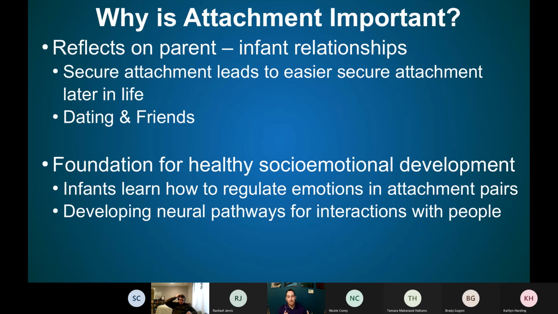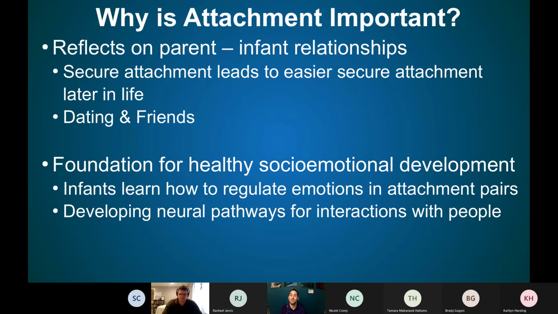So with that, the attachment that people have in early childhood is important for the whole rest of your life. So the attachment that we have on average, people who are securely attached will stay securely attached through their whole life. People that are insecurely avoidant will stay insecurely avoidant. People that are insecure resistant will stay insecure resistant. So about 75% of people keep the same attachment style that they had in childhood. So they have that attachment with their parent. Later on in life,